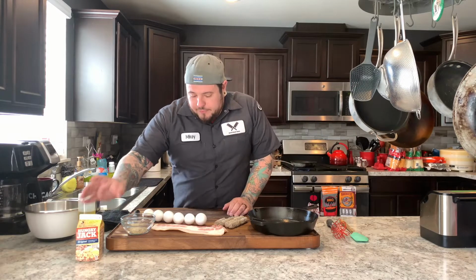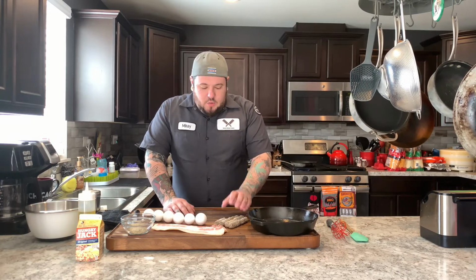The reason we're going with these is they actually hold up a little bit better on the cooker, and they don't pull in quite as much smoke, where if you go with fresh potatoes, they will pull in a little bit too much smoke. So you want to be careful of that. So you want that, you want some eggs, you want some